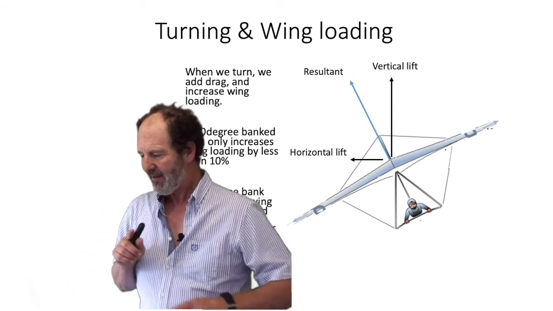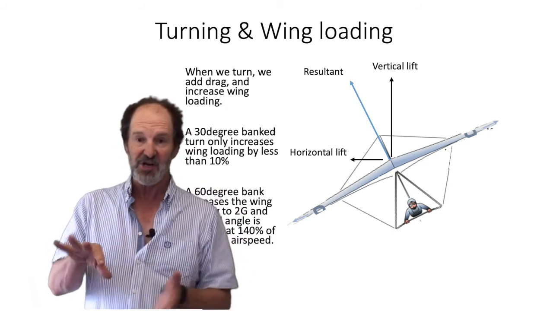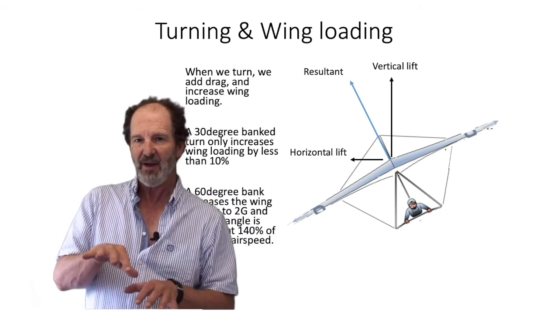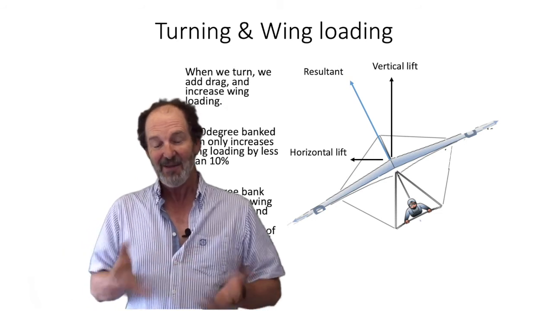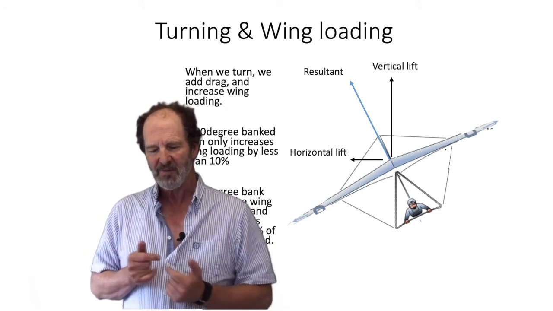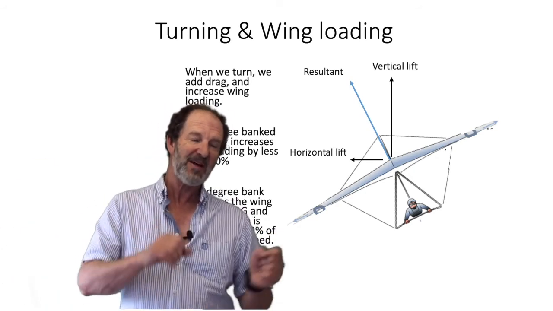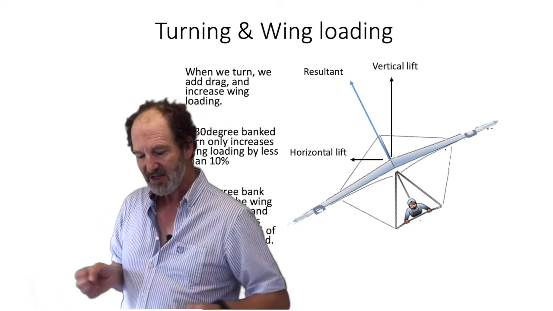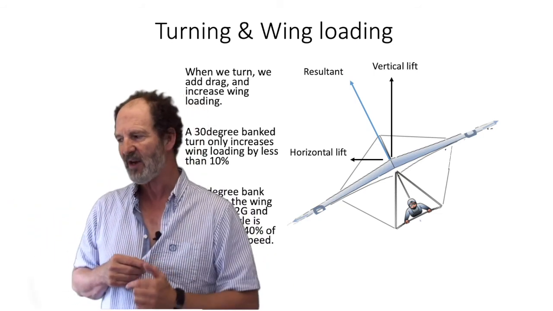So it sounds a bit complicated. All you need to know is that you can turn or you can fly slowly, but you can't turn and fly slowly simultaneously. And I mention this because this is a common cause of problems. Out there in normal flight, people are quite happy. They let the glider go a bit faster in the turn, and when they come into land, they're trying to slow down and turn, and that's where people drop their wing or they drop their nose